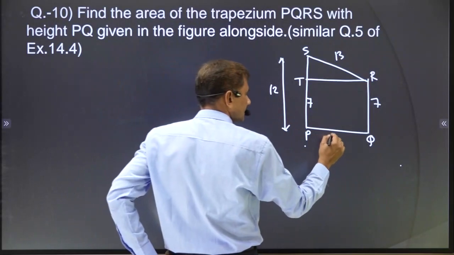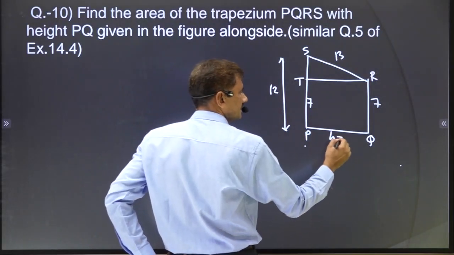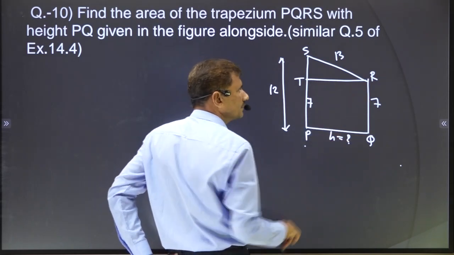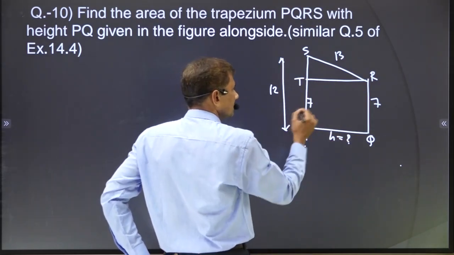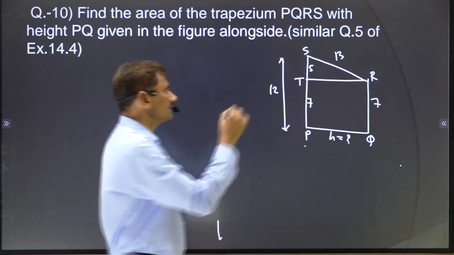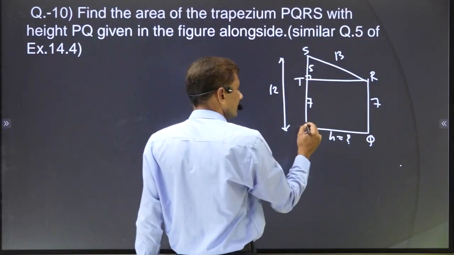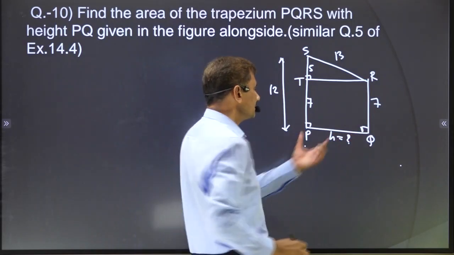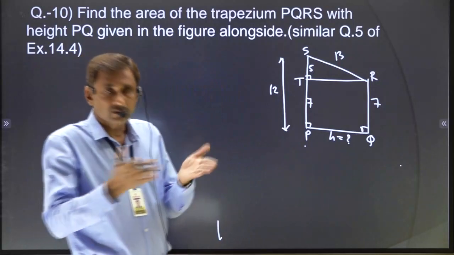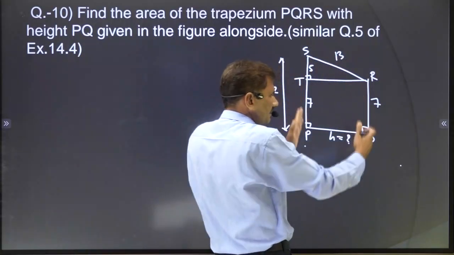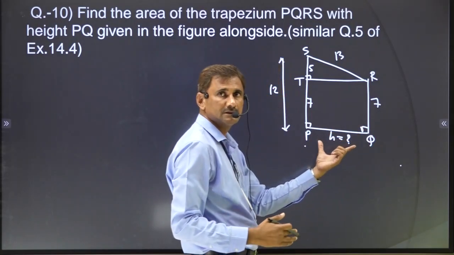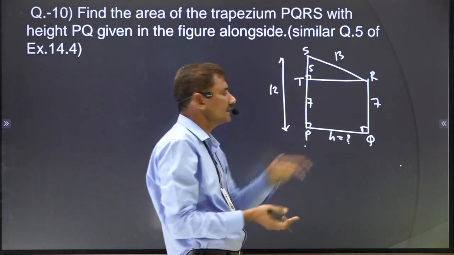So actually we want this side. Okay, this is our main purpose. So if we find TR, then it will be equal to PQ. Now total is 12, this is 7, so it will be 5. Now using the Pythagoras theorem, you can apply. Why is it a right angle here? Because they have given the word height. Height word means what? Distance, perpendicular distance between two parallel sides. So it is perpendicular to both sides. Okay, if you rotate, then it will become the height.